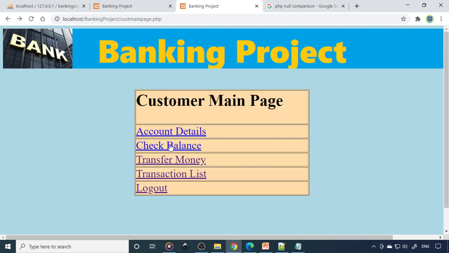So first we generate the balance, then you can make the transfer money. Because in order to transfer the money, we need to check whether they have the balance or not. Okay, without the balance they shouldn't transfer. Therefore we'll check this and then we'll transfer.